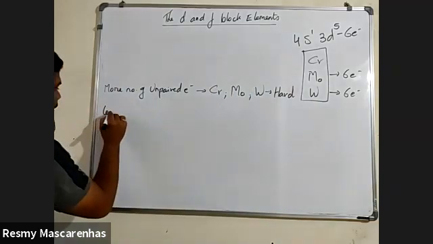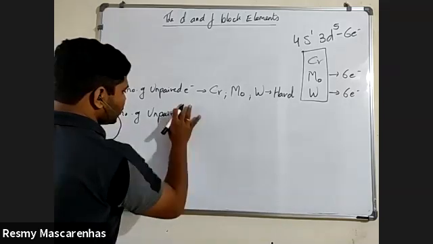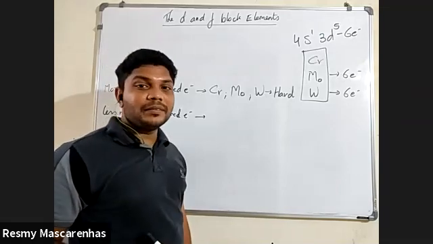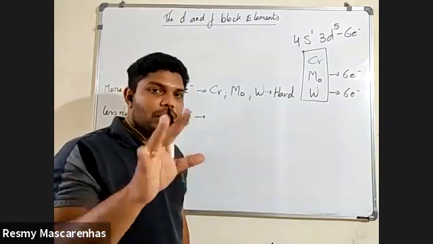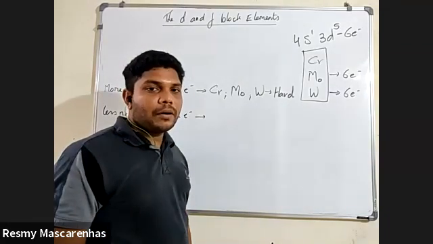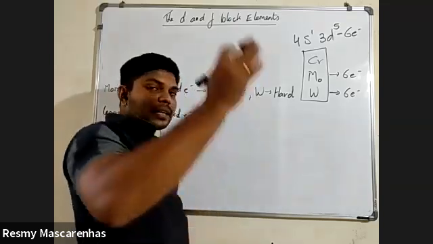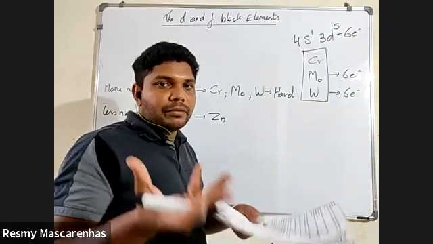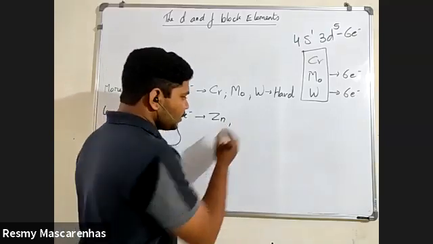Okay, same way, less number of unpaired electrons or no unpaired electrons. Can you tell me which element is having no unpaired electrons or less unpaired electrons? Zinc. Very good. Zinc, last one there, no? Their orbitals are completely filled, no? Whenever it is completely filled, where will you get unpaired electrons? Think. So zinc, then